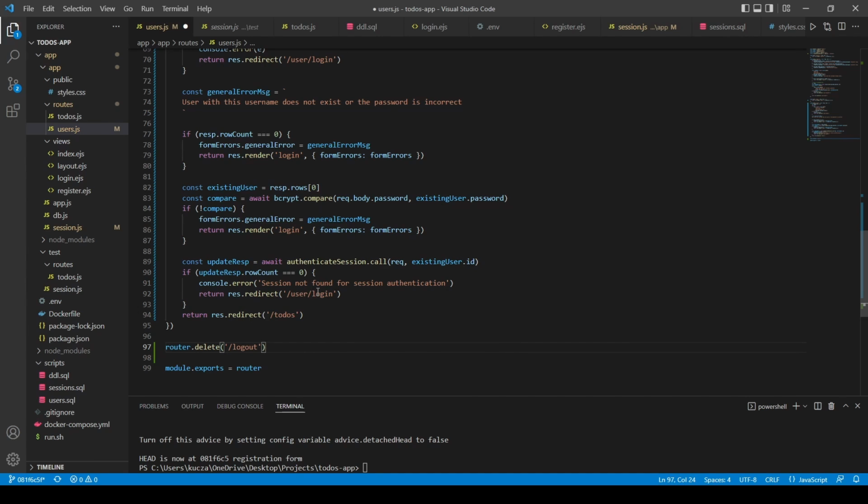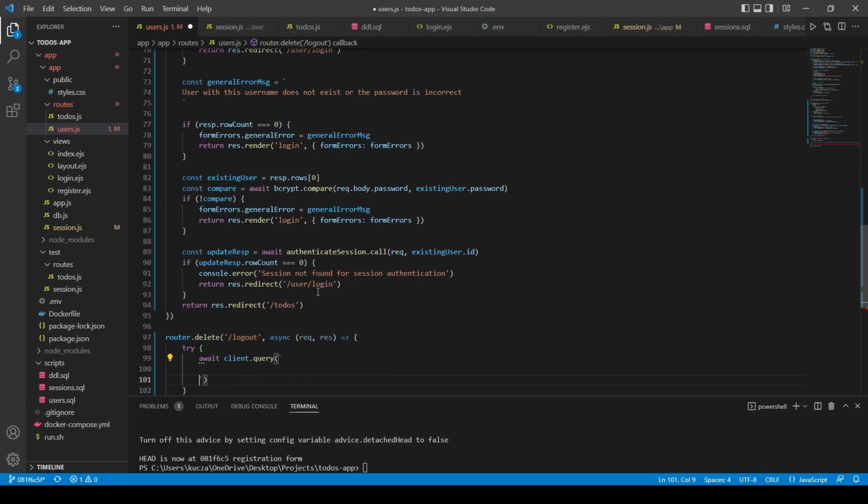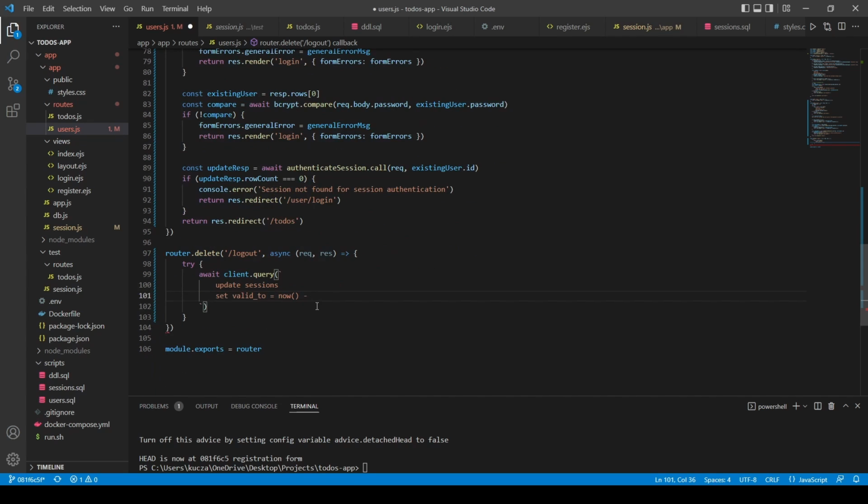So this will be /user/logout. This will be an asynchronous function. Oops, comma instead of a dot, request, response. And here what we want to do is we want to try, and we want to await client.query, and we want to update sessions. We want to set our valid_to of our session to now, and here, just because I like Postgres, I handle this in Postgres. We could also generate this timestamp in JavaScript. I do interval